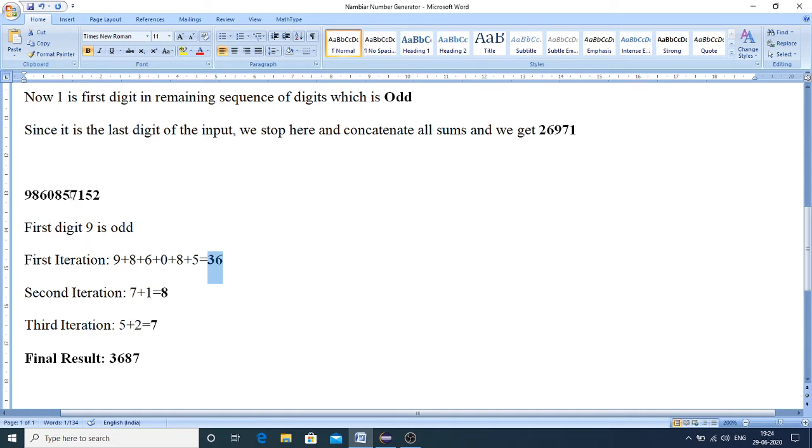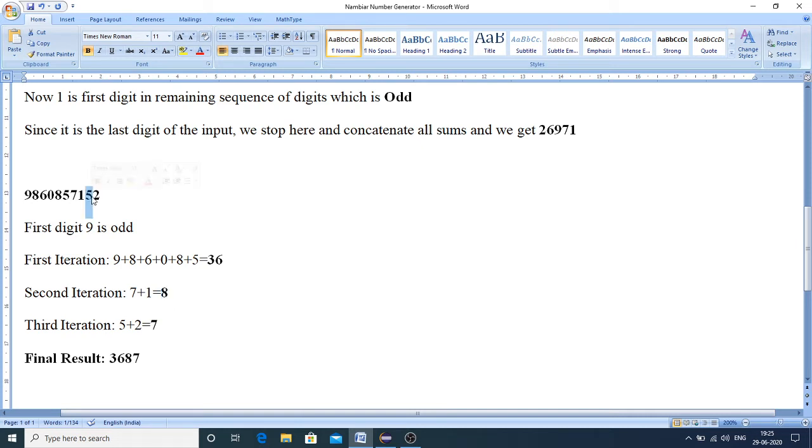In the second iteration, the first digit is 7, which is odd. So you need to proceed in order to get an even sum. You identify that 7 plus 1 gives 8. This will be the resultant for the second iteration, and you proceed to the third iteration.